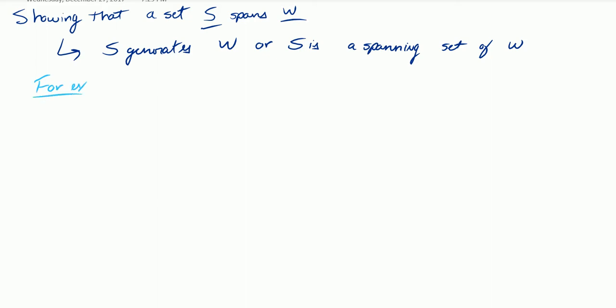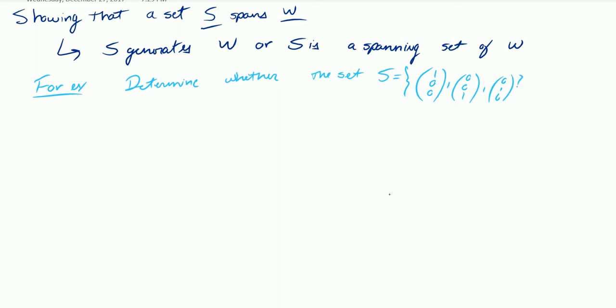So, for example, if I tell you determine whether the set S, which is equal to (1, 0, 0), (0, 1, 0), (0, 0, 1), spans or generates R3, then usually the first thing you need to do is find a general representation